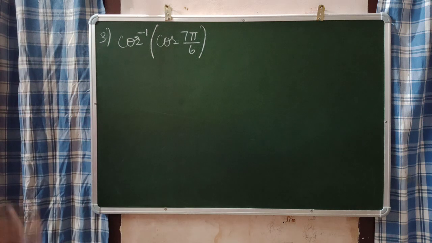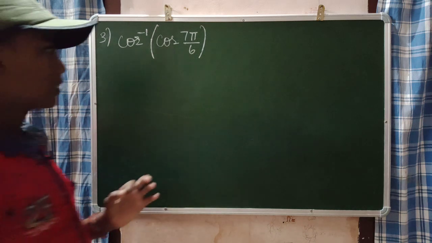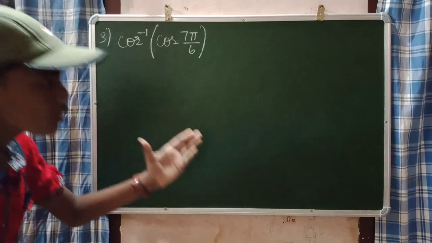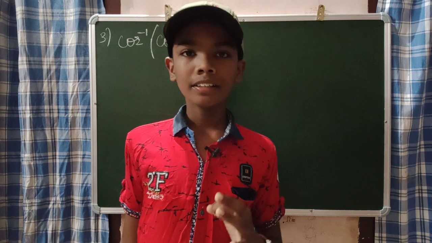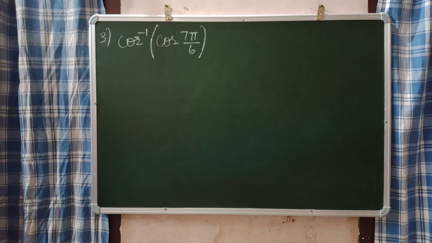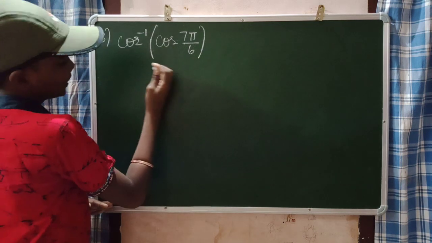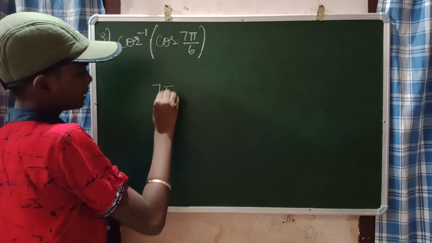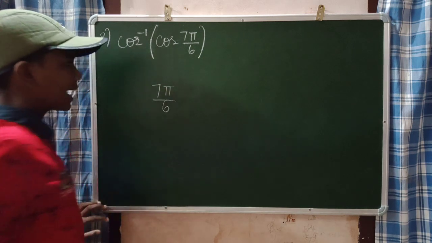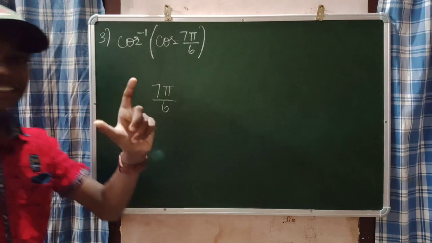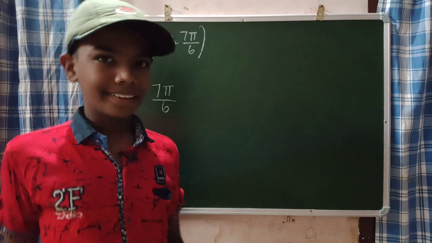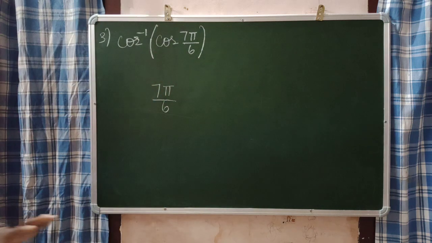Our next question is cos inverse of cos 7 pi by 6. So guys, this is an easy question, but it's a good conceptual one. This question can also be expected in your CBSE term 1. What most people will do wrong here is they will just cancel out cos inverse and cos and write the answer as 7 pi by 6. If you write like that, then you will get a nice zero from your paper corrector. So don't make this mistake.